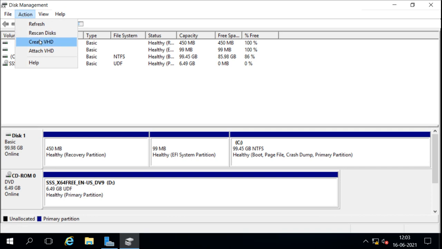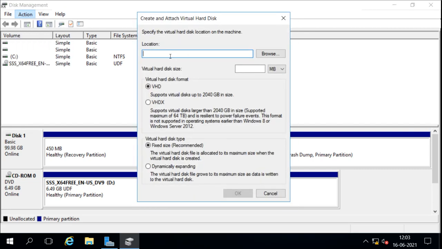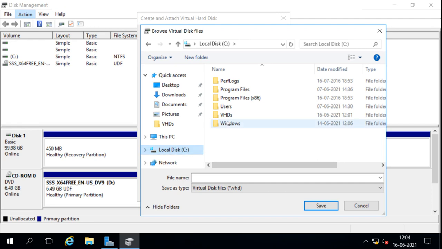Now for creating the virtual disk, we can click here, and it gives us this option where we can select what disk we want to create. Now first it gives me the option to give a name and the location, so I'll go browse, and where I want to create, so I will go to C drive. Under the C drive I have this folder.